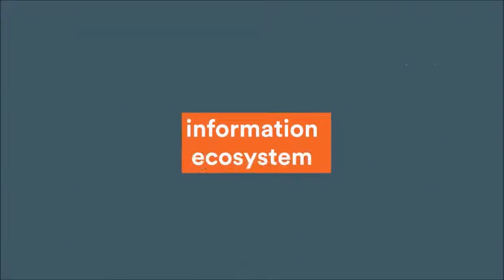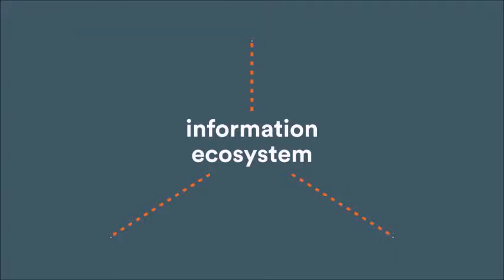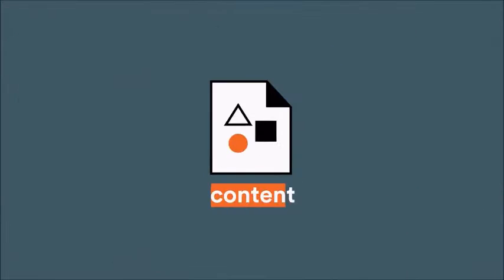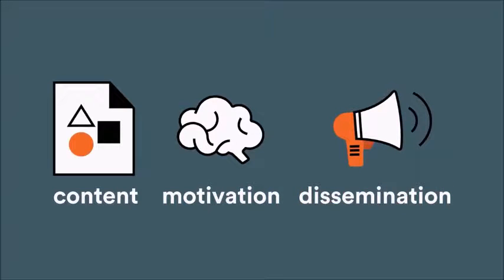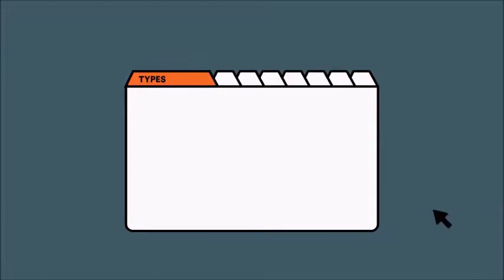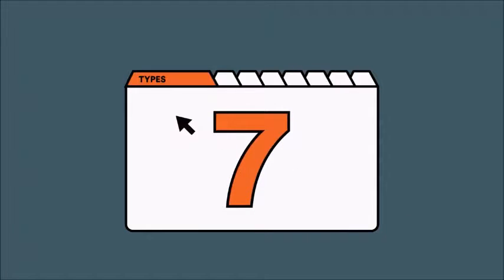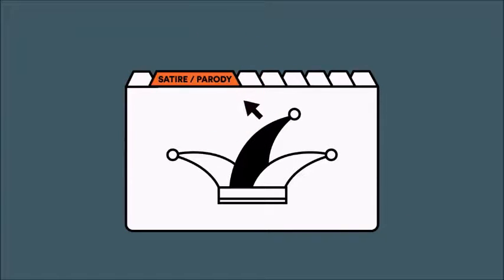to be false. She explains that the current information ecosystem breaks down into three elements: the different types of content that are being created and shared, the motivations of those who create this content, the ways content is being disseminated. According to Wardle, there are 7 types of misinformation and disinformation: satire, which has no intention to cause harm but